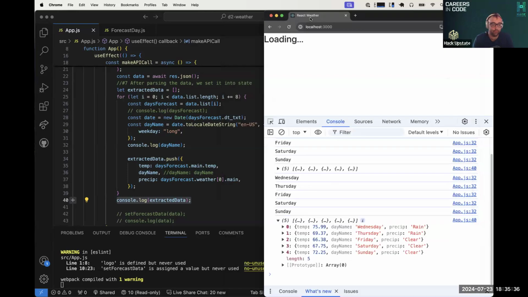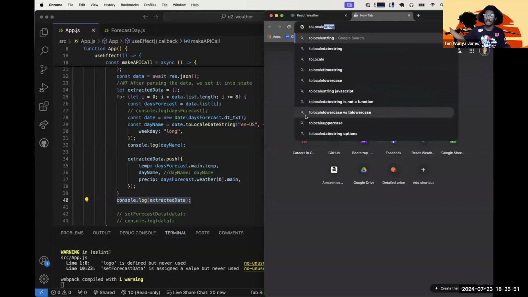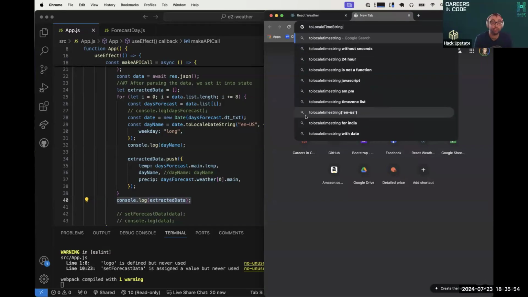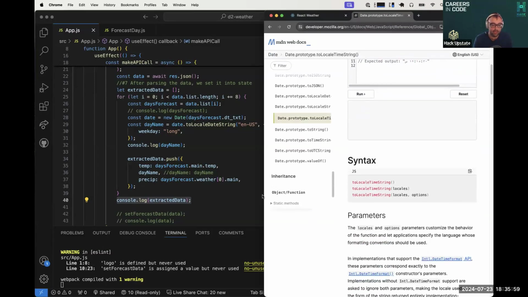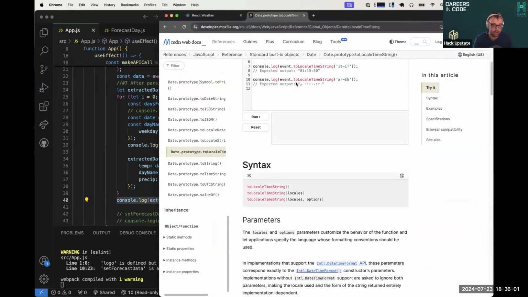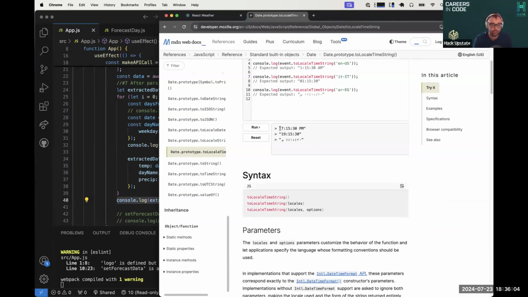Okay, any questions before we continue on with our code? Why we didn't use toLocaleTimeString? To local, what was the name of the function? Time string. Yeah, so toLocaleTimeString is going to give us the actual time, right? So if I run this, it is going to give me 7:15 p.m. I don't really care about the time of the weather forecast. What I was trying to get out was